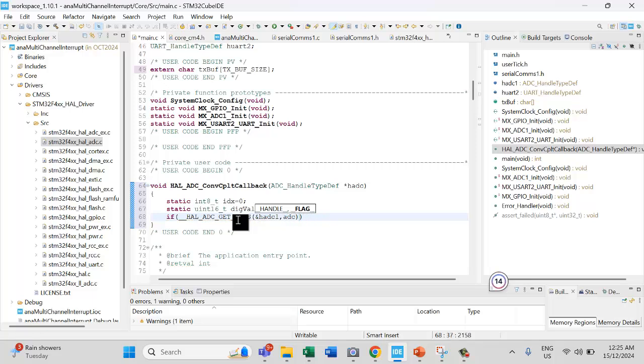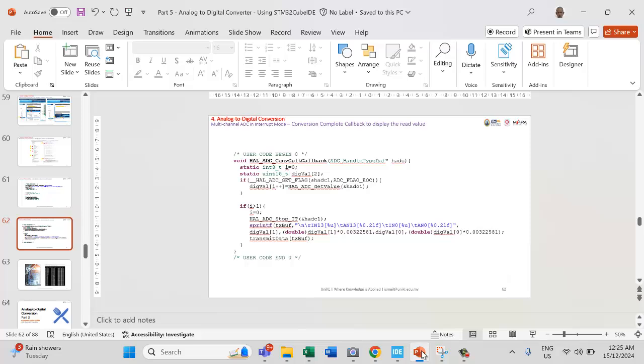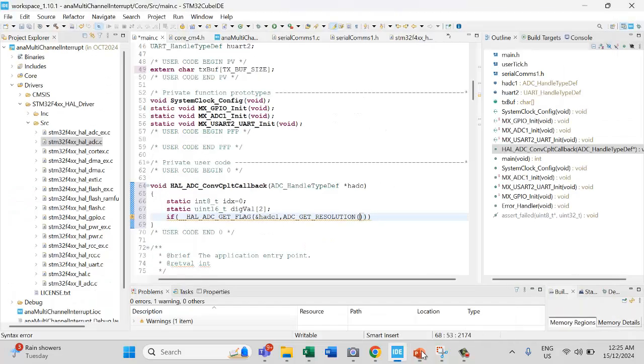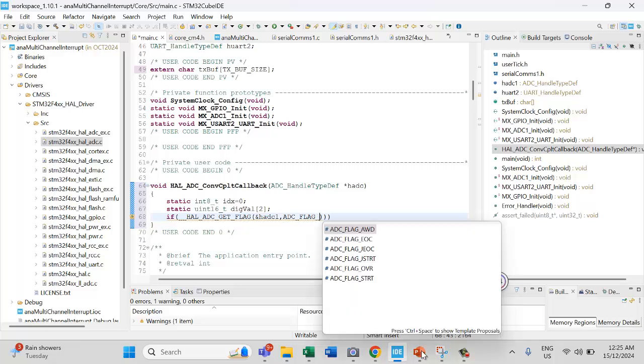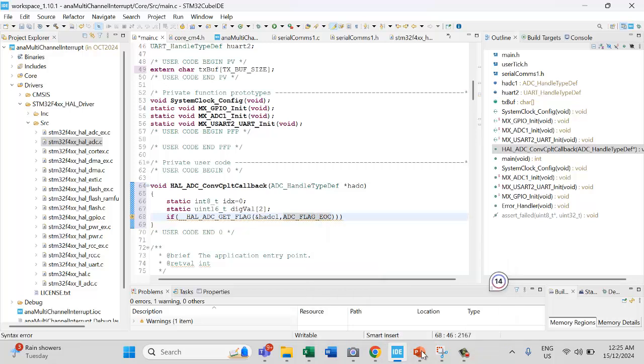I can't remember it. Okay, ADC_FLAG_EOC, end of conversion. So each time it is at the end of the conversion,